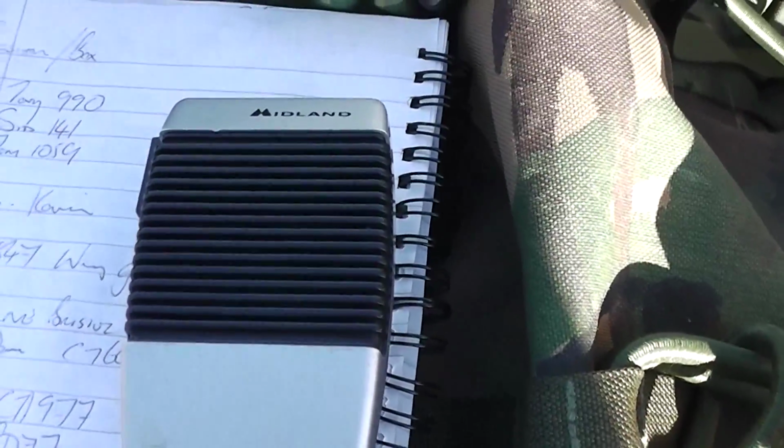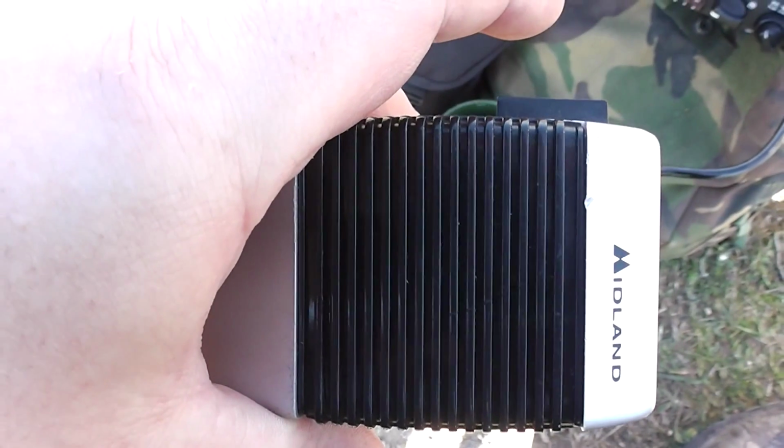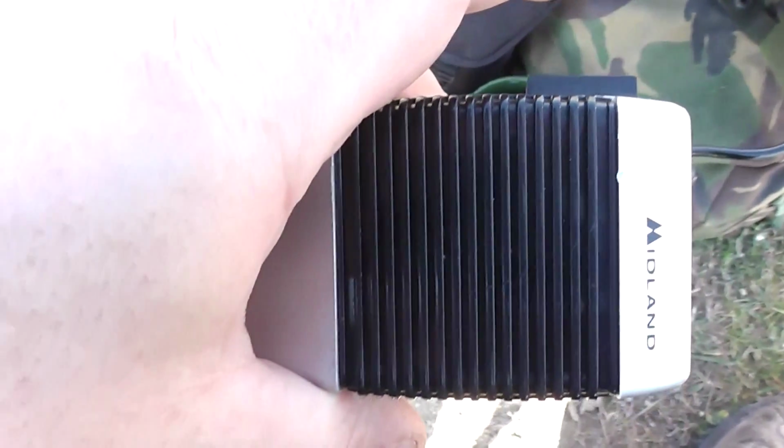Alarm on 99 up on a 15-foot pole, Rod. Got Gareth 254. Yeah, we've got